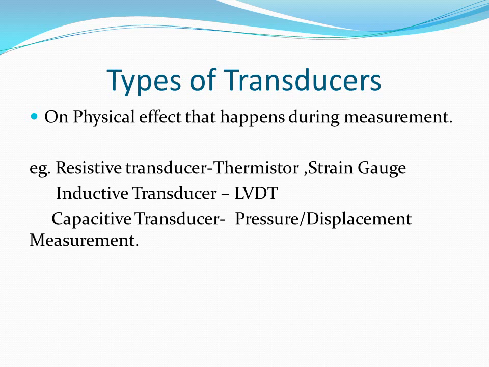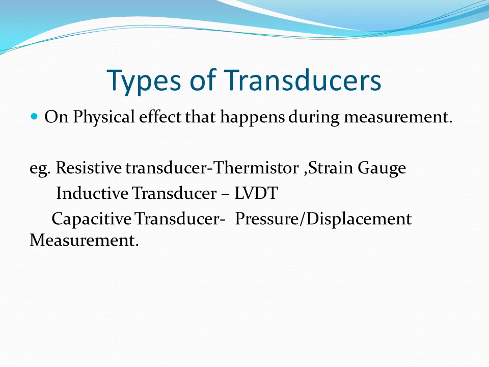We'll take this example, a thermistor, where the change in the temperature produces a change in resistance. So a thermistor is an example of a resistive transducer. You can call it a resistive transducer because a change in the physical quantity, temperature, produces a corresponding change in its electrical quantity. What is its electrical quantity here? It is a resistance. Similarly, in a strain gauge, a change in the physical quantity, that is the strain, produces a change in resistance. That's why it is called a resistive transducer.